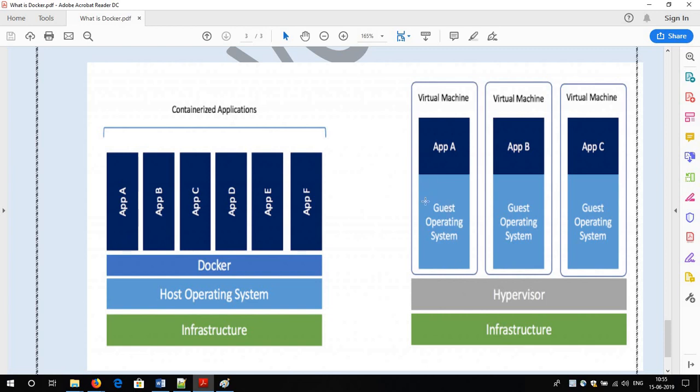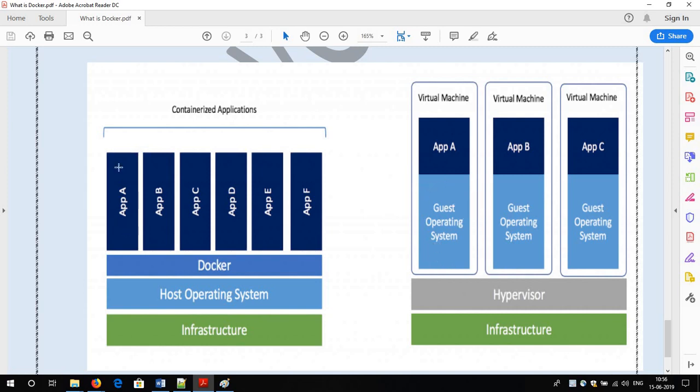We have compared that in a virtual machine, this CentOS operating system itself will have more than 2 GB of size. But in the case of Docker, the CentOS operating system is configured with the minimal requirement. If you compare the size of the CentOS operating system here, the maximum size will be 100 or 500 MB. It will be in MB only. So see the difference between here and here. Here the CentOS ISO image is 2 GB or more than 2 GB in size.